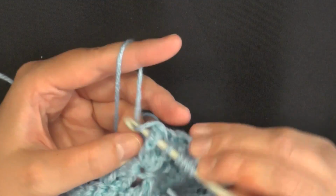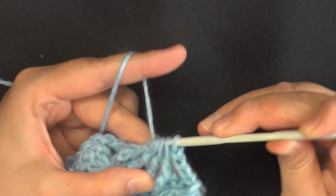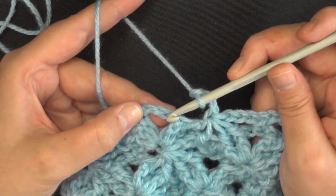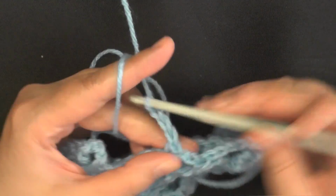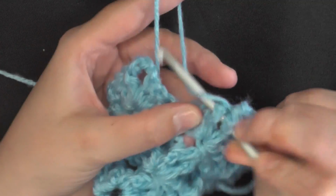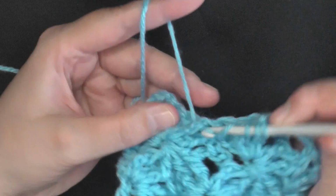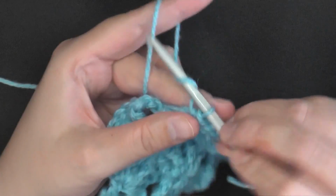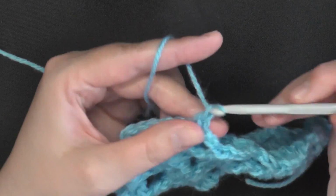So we're doing just like we did last time, grabbing only the first and third till we have our 5 double crochet cluster where we'll pull through all 5 loops. You'll chain 3, and then again find that center chain to single crochet in, and then chain 3 again, and then you'll work your next large cluster. Pull through all 5 loops, chain 3, then find that center chain to single crochet in, chain 3, and then